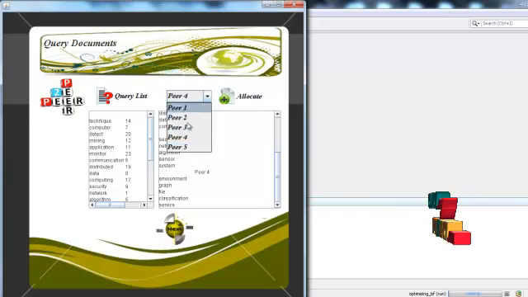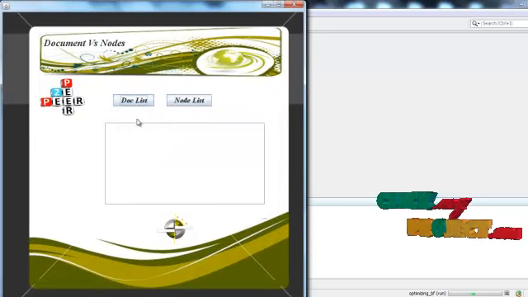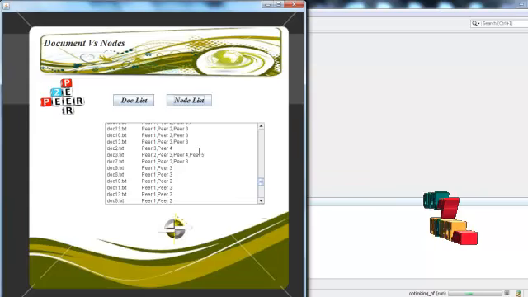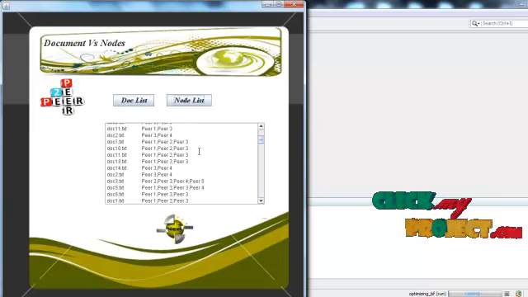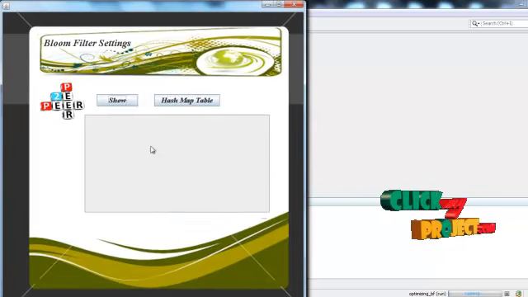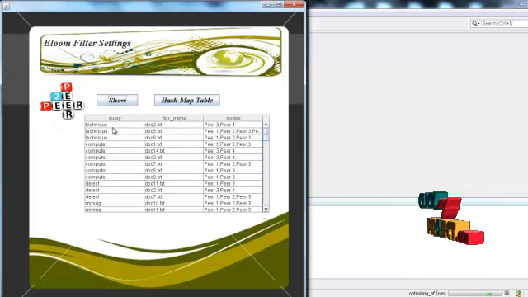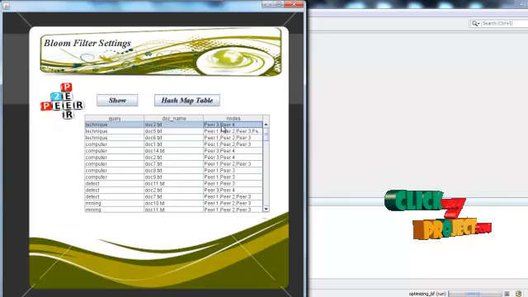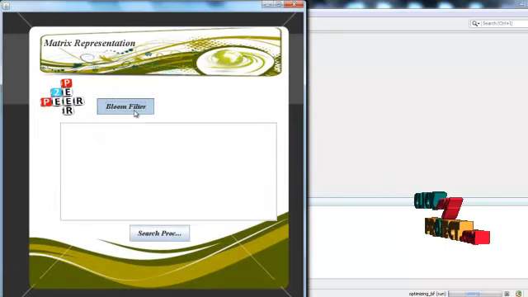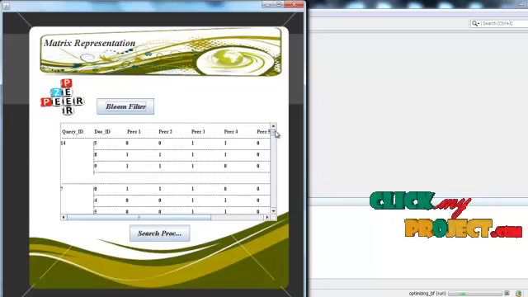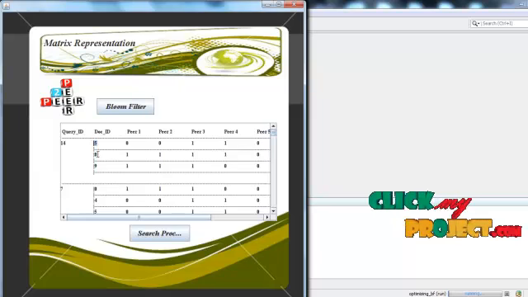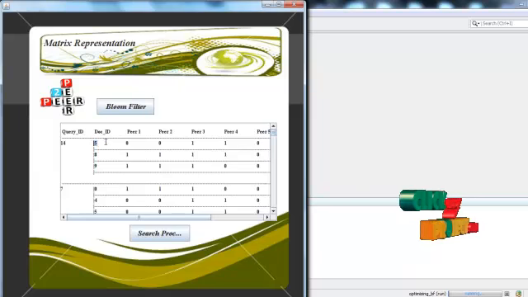After allocating, click next. The document list will be shown here, and the node list will be shown here, that is, which document is contained in which peers. Then click next and show. This mentions which query is present in which document and wherever the node occurs. Then the hash table, in the sense of Bloom filter settings. This is the Bloom filter settings, this is the query ID, and this is the document ID. This shows that query ID 14 is present in 5, 8 and 9,